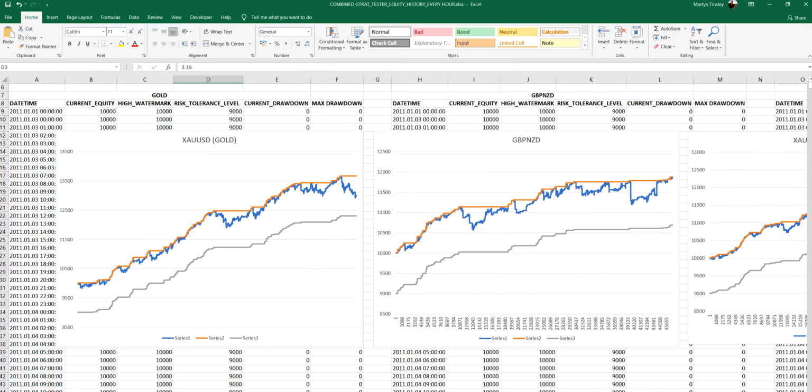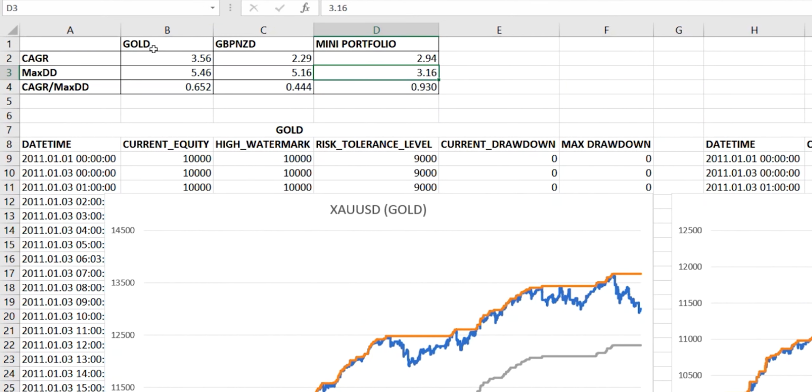So let's take a look at what those metrics are. Here we're looking at three metrics. One is the compound annual growth rate. We're looking at the maximum drawdown experienced during the test. And then a single metric, which is the CAGR over the maximum drawdown, to give us that single quantifiable and